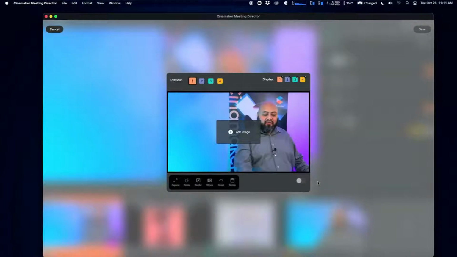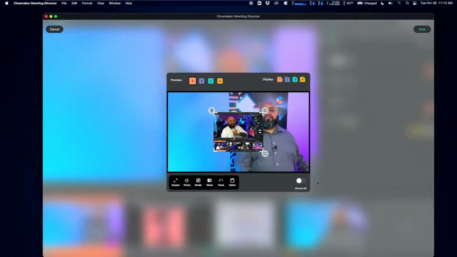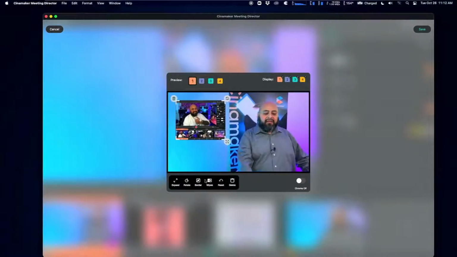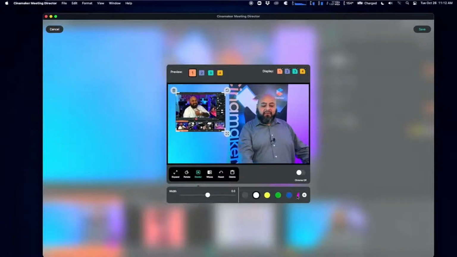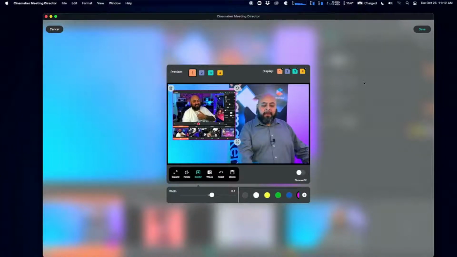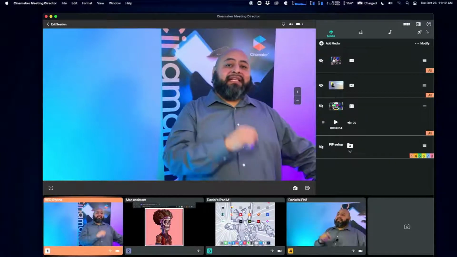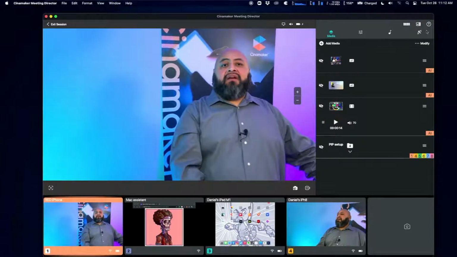Click on open, and now I get to choose whether I want this image to be full screen or as a picture-in-picture. So let's go with the picture-in-picture. Boom, there goes the picture-in-picture. Let's go ahead and add a border. Bam, and let's put a 1 on it. Bam. Click on save. And now when I want to bring in this image during my live stream or meeting,